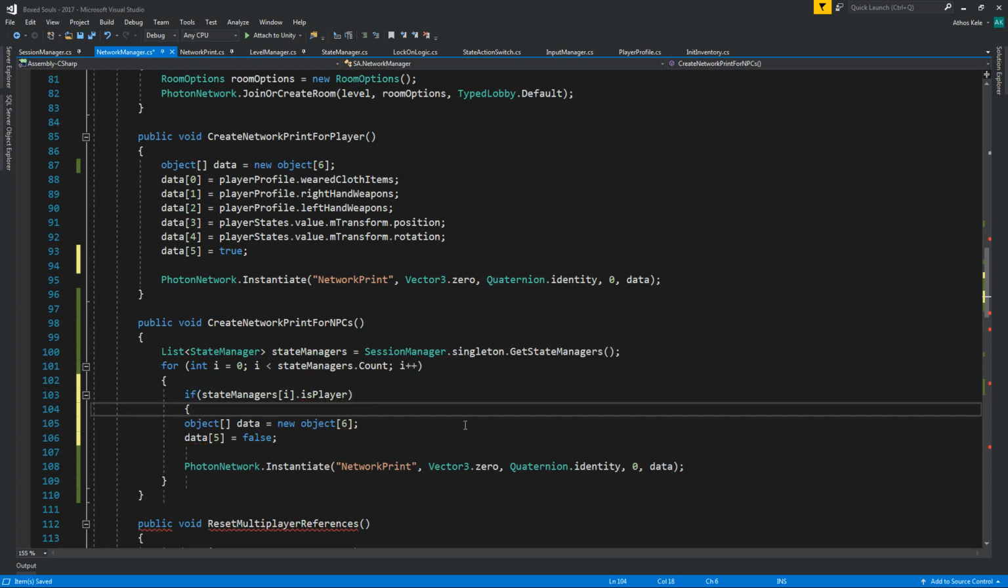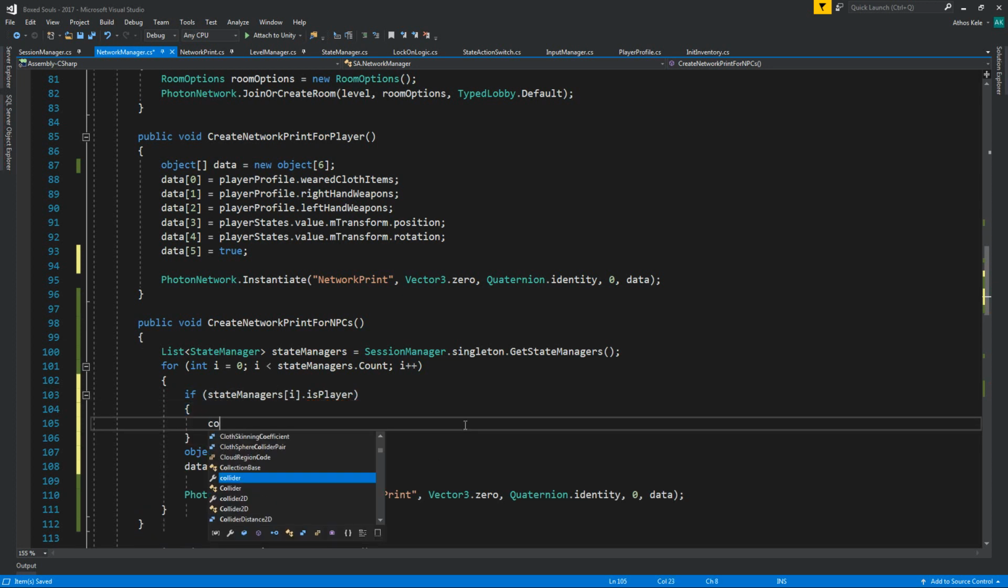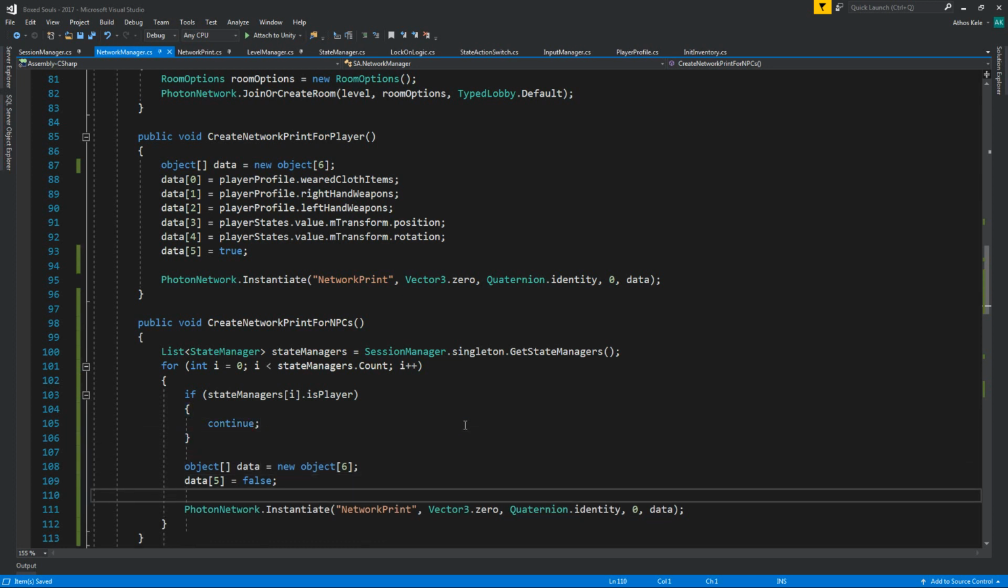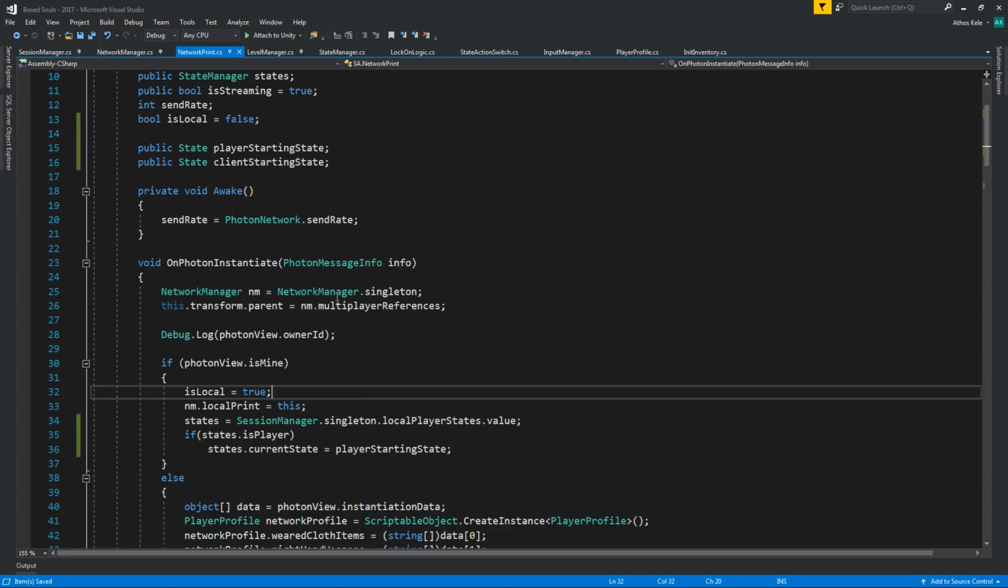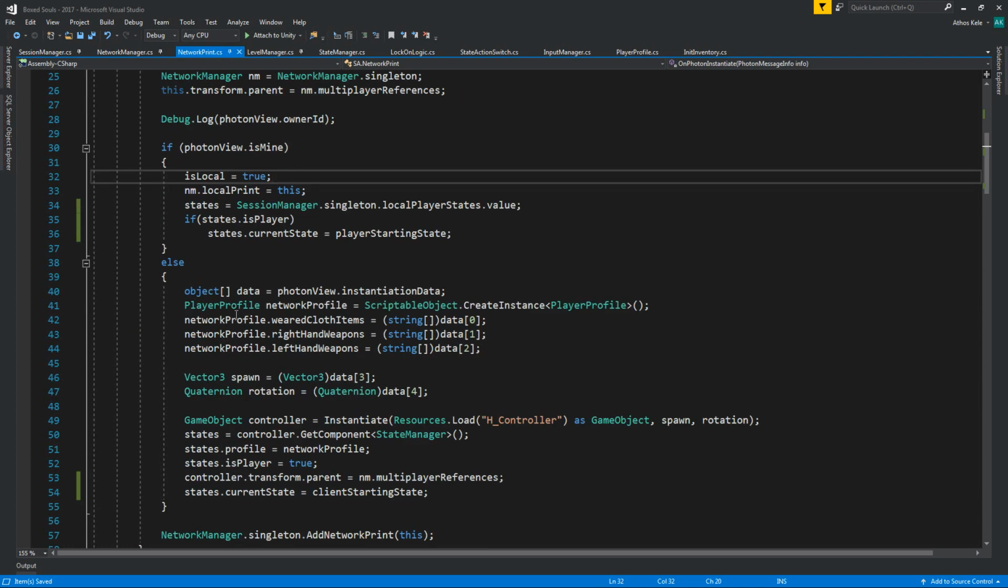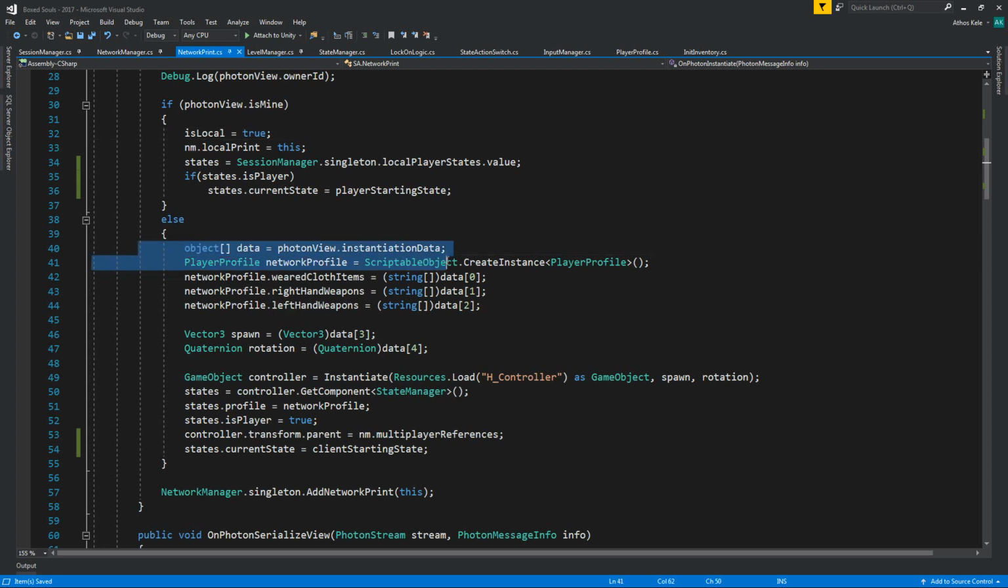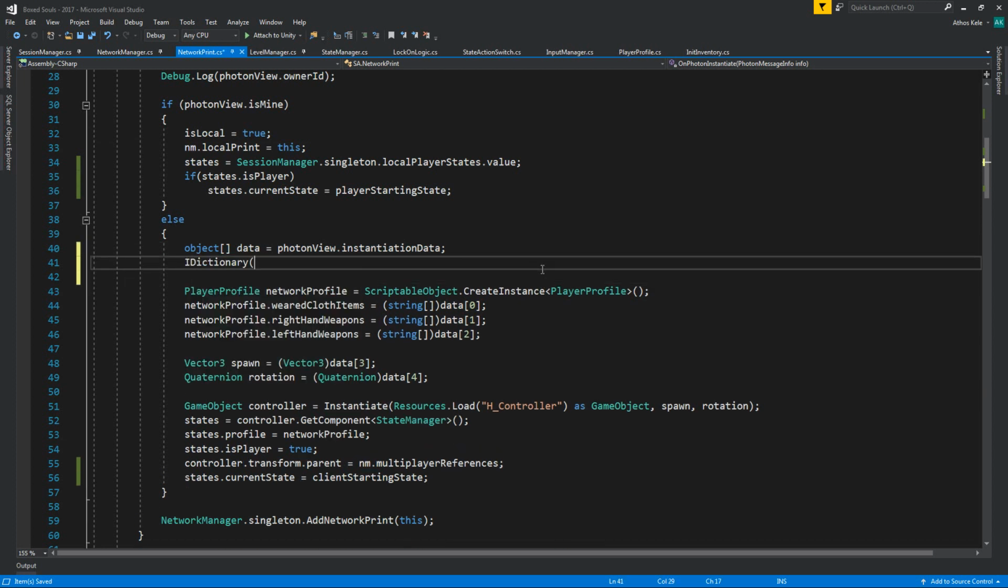If it is player, then continue. I don't want you to be instantiating it again. Okay, and it's going to be passing the array with just this. Okay, so when your network print is false, not is false, create instance player profile. Okay, so first thing we're going to be checking is